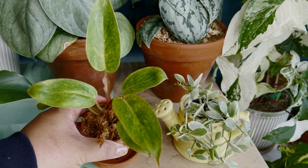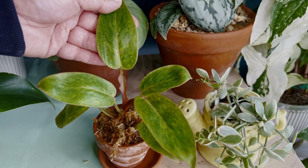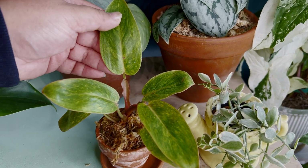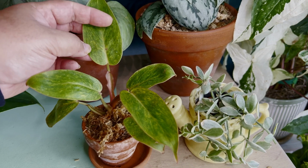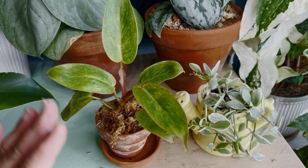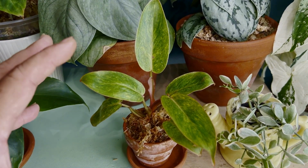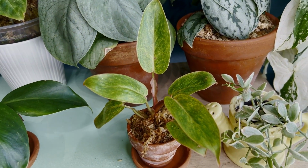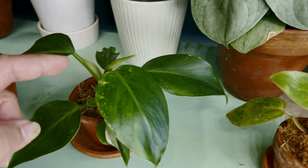I do like the variegation. I think it's a little bit more unique compared to other philodendrons. I like the mosaic type of variegation it has with the yellow, lime, and the regular green. Not really my favorite philodendron. I don't know if I'm actually going to keep this plant, we will see. But right now I'm liking this a little bit more than the philodendron white wizard,